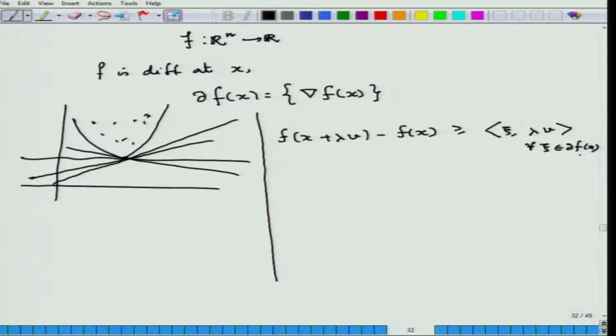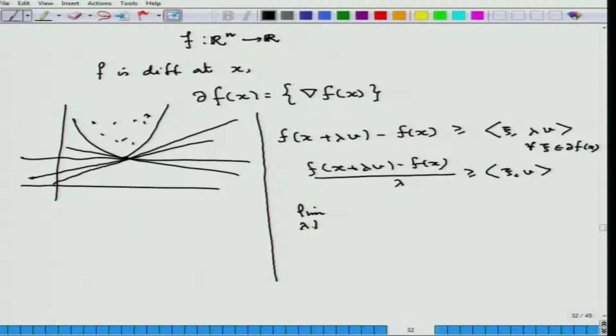I am just writing the subgradient inequality. If I do so, now bring out the lambda. So, f(x plus lambda v) minus f(x), divided by lambda. Now, the function is differentiable, you can use Taylor's theorem or the differentiability definition to come up with the situation that if I now take the limit as lambda tends to 0 from the positive side, then